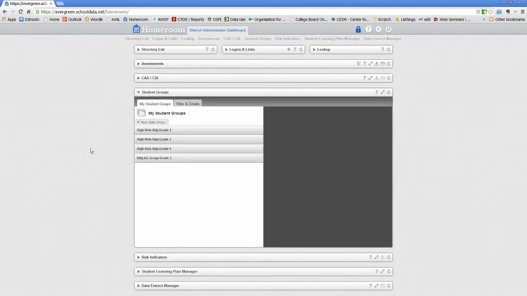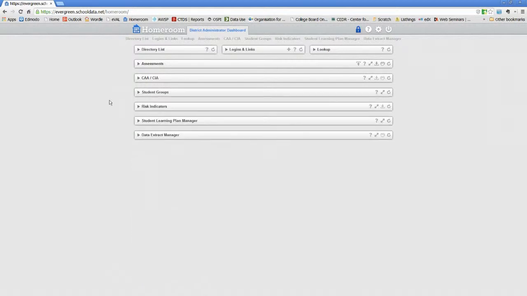That student group you can see in my student group widget, which is reading intervention group grade 3. I think that's what I called it. All right. So if I have that reading intervention group, now I'm going to go down to my student learning